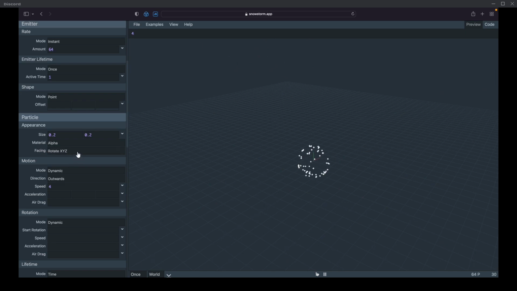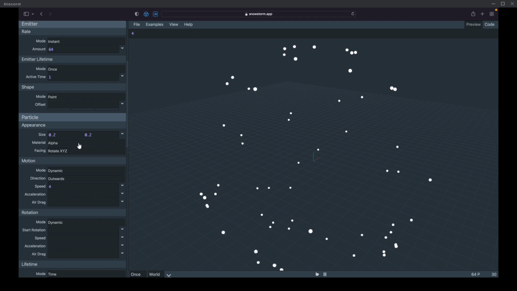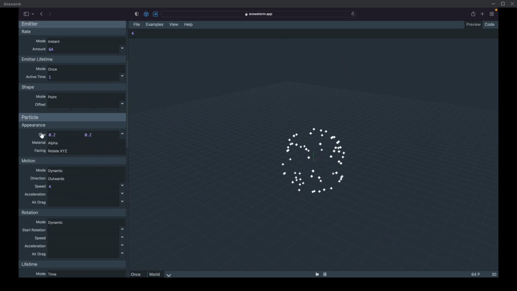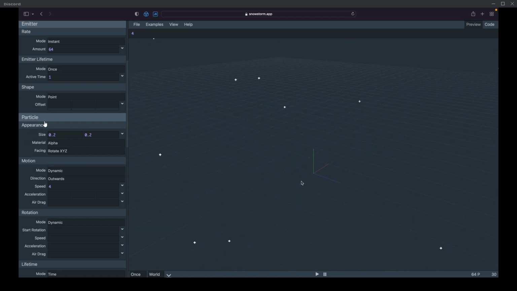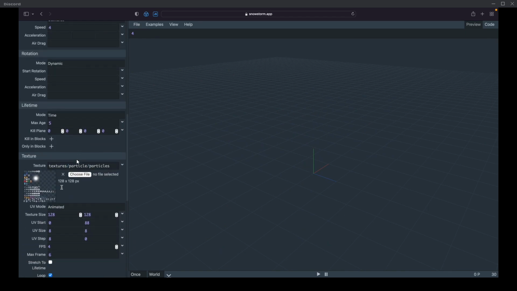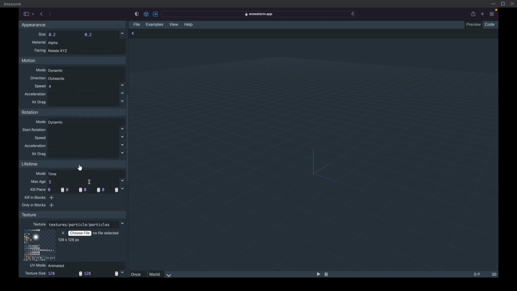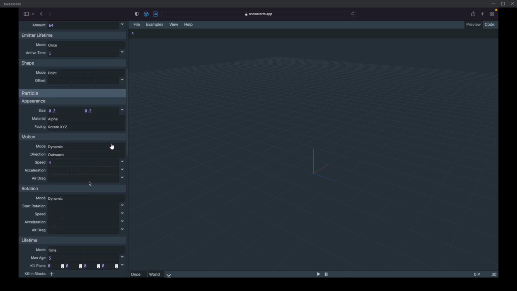And you can see that it's still animating, right? All the individual particles are animating. If I zoom in, you can definitely see. So you still get to retain everything across all the particles while controlling it from a central location and having that managed, which is the entire purpose of the emitter.